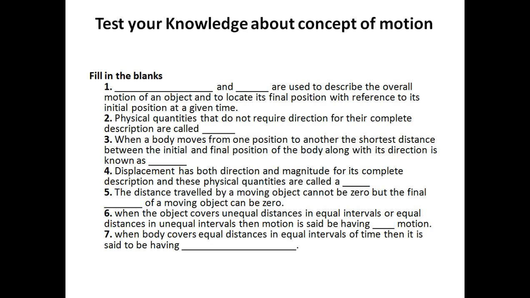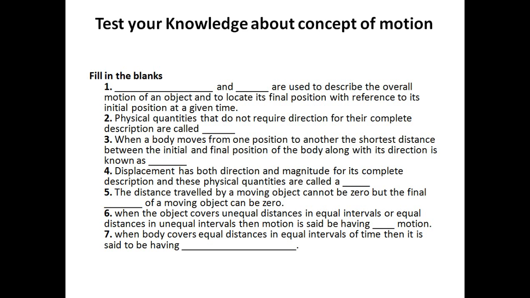The correct answer will be: physical quantities that do not require direction for the complete description are called scalar quantities. Yes, we discussed in the last chapter that distance is a scalar quantity because it has no fixed direction. It has just to cover the given length from any way. So it will be considered a scalar quantity. And vector quantities are those quantities which have a fixed direction with the magnitude. What will be the answer here? Physical quantities that do not require direction for the complete description are called scalar quantities.